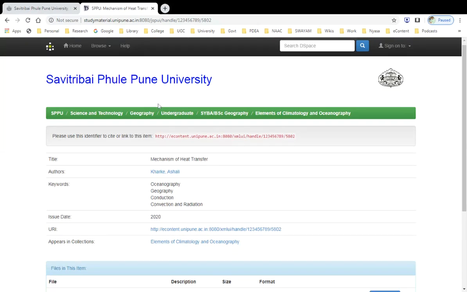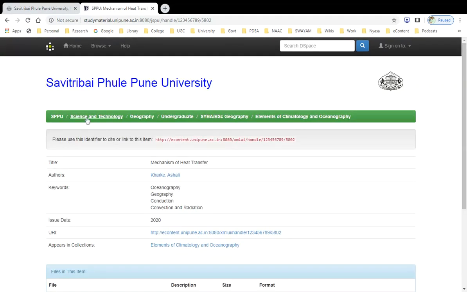And there are various streams, and stream-wise top communities are created, and under that, again, subject-wise, department-wise sub-communities are created. Under these subjects, again, sub-communities as undergraduate and postgraduate are created. Under these, class-wise sub-communities are created, and under a class, you will get the collections.